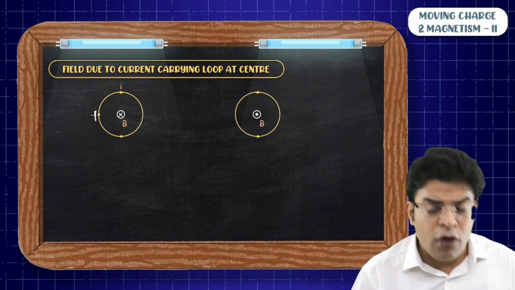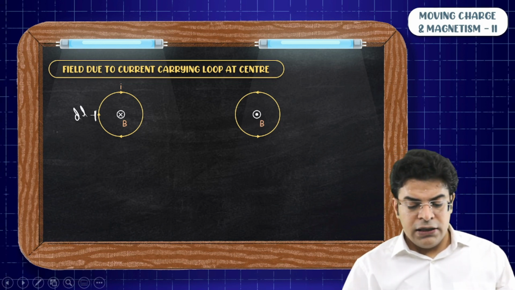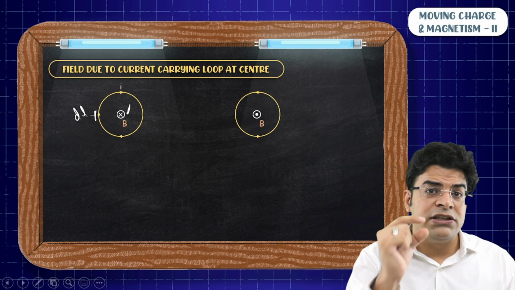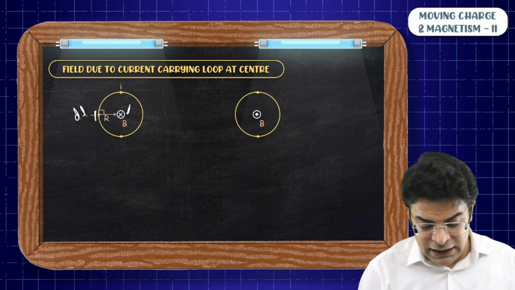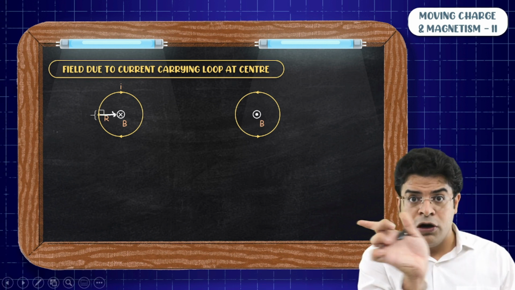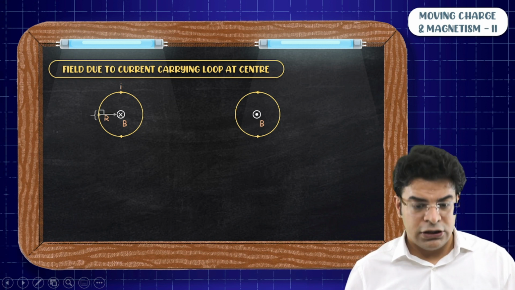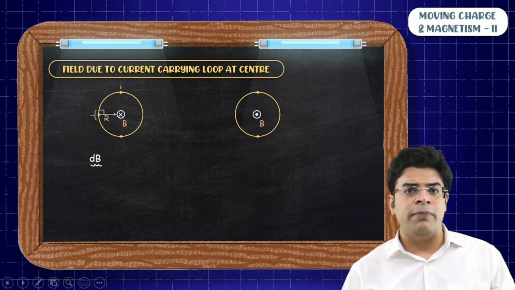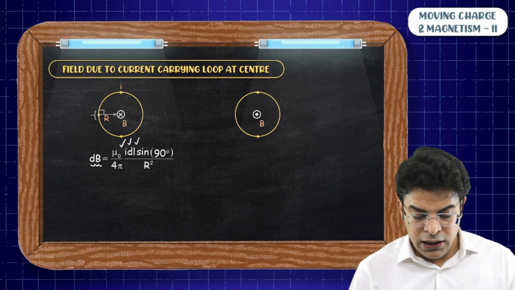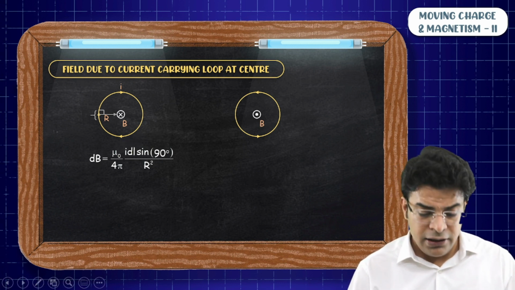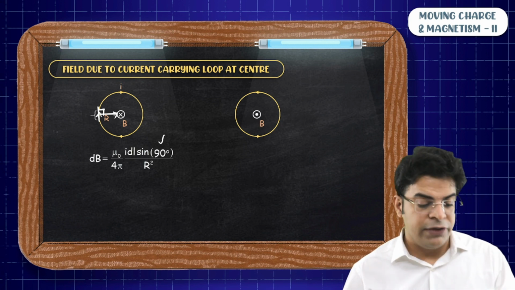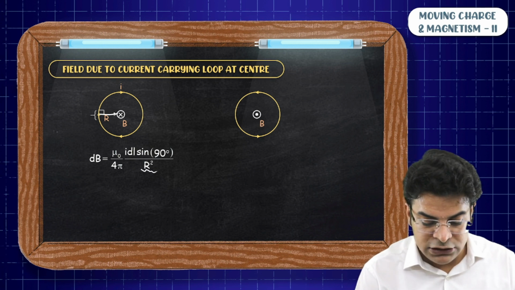So if you think here of an infinitely small length dl and think of the position vector of the point at which you are trying to find the magnetic field due to this infinitely small length dl. So you will say that the position vector of this point is nothing but the radius, radially inward point. Now, using the Biot-Savart's law, you can say that the infinitely small strength of magnetic field will be given by mu naught by 4 pi into I into dl into sine 90. Why sine 90? Because the angle between dl and the position vector of the center is 90 degrees. Sine 90 upon r square, the distance whole square.